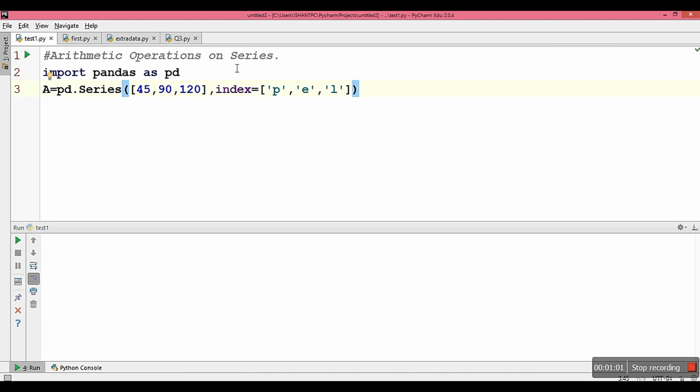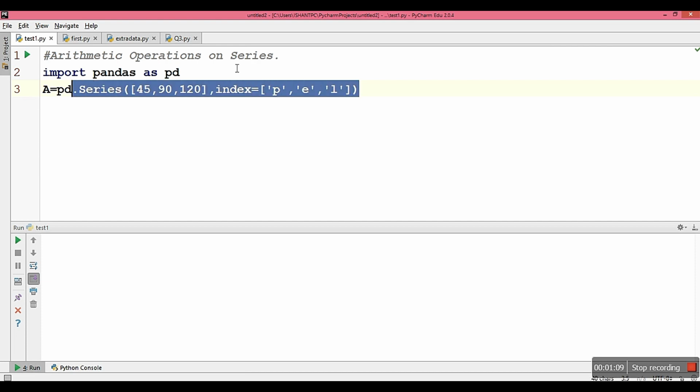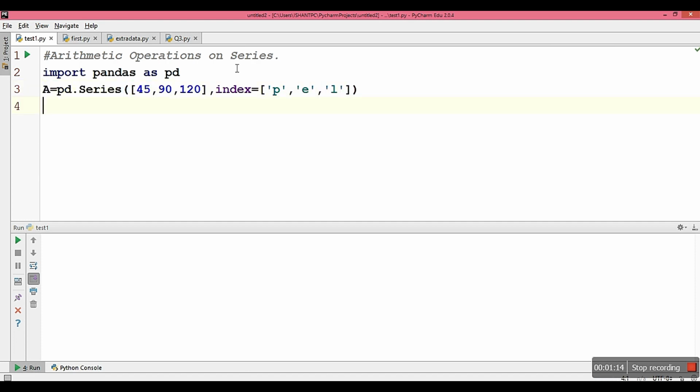I am creating here say capital A equals to pd dot series 45, 90, 120 along with the index values. Now let me copy it and create another series. Say series A was there, let's say series B is here. Okay, I am going to rename it. Now I am again changing the content here, say 5, 9 and say